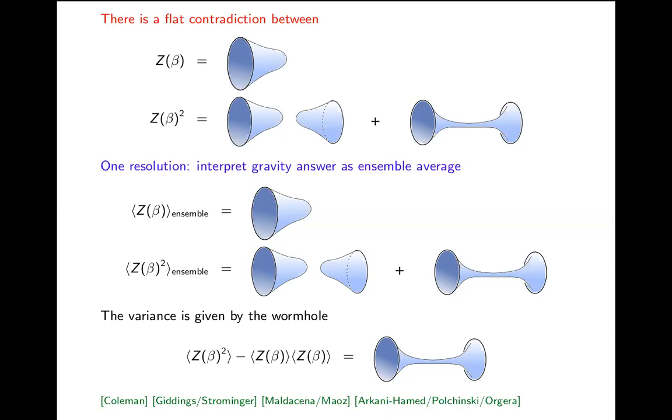So I think the conclusion that these folks came to is that the wormholes imply that the universe is really describing an ensemble of theories. Then in the third paper by Maldacena and Maoz, and in the later paper by Arkani-Hamed, Orgera, and Polchinski, these papers were reconsidering these wormholes with the knowledge of AdS/CFT. So they were trying to think of ways why the wormholes could be wrong or could disappear or could not be embedded in a